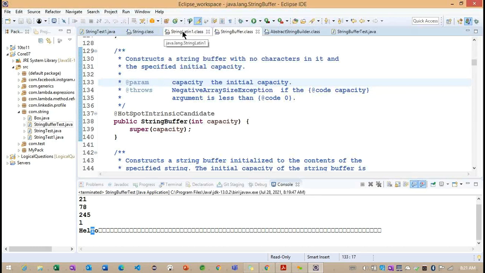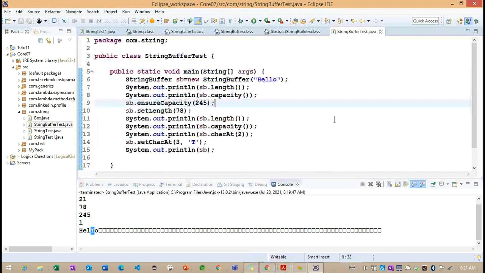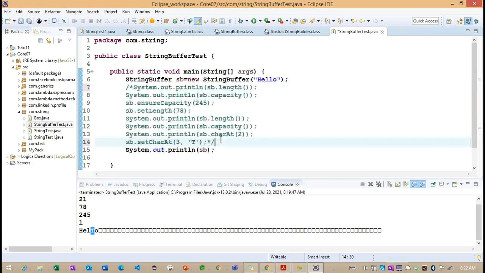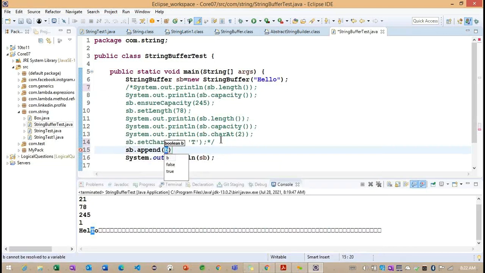So append also we identified here. Let's see it with another example. I want to comment out this section of code, up to this point. And here sb.append. Here I want to check this string. I don't want to go for boolean or other data types because we are working with the string data type.